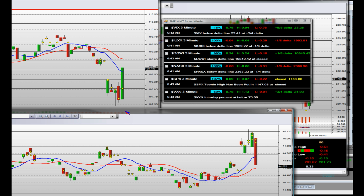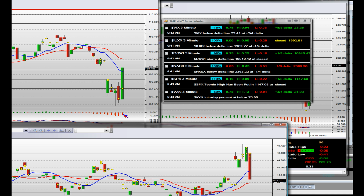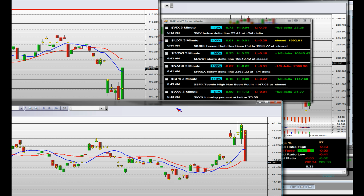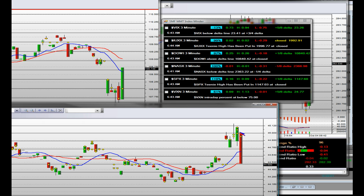And that bull right there just shot straight up 1, 2, 3 damn teenies. Okay, and that's what we call a flash trade. But nonetheless, if I am smart, I can see the very same thing happen here, folks. That's your bear coming right down to that mathematical market maker price, right to the penny, and that's the engulfing of the bull. You can see how they just made their move right along here with the indexes, MMTs, and